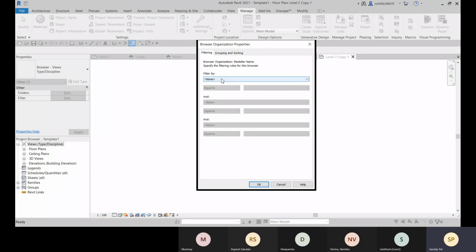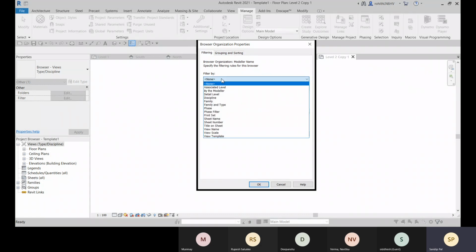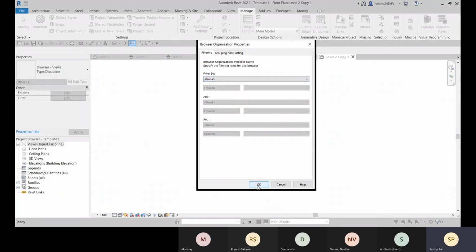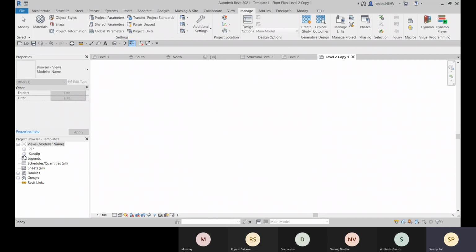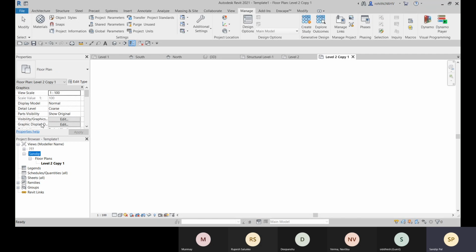And if you need to filter it, you can go for the filter. So right now we are not applying any filter. And now let's click on apply. And here you can see that all these are right now under this floor plans. Okay, so which I had defined here. So right now that comes under this name. Okay, so that is the by the modeler.